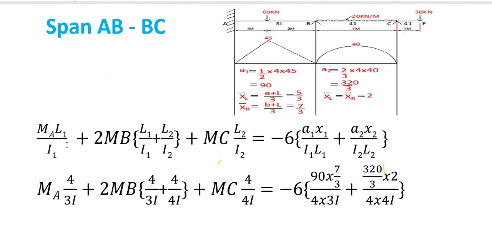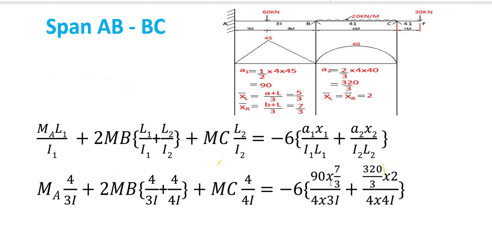So MA, our L1 is 4 divided by I1 is 3I, plus 2MB, again L1 is 4 divided by 3I plus L2 is 4 divided by I2 is 4I, plus MC, L2 again is 4 divided by I2 is 4I, equals to negative 6